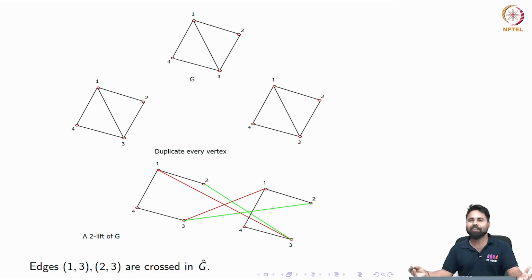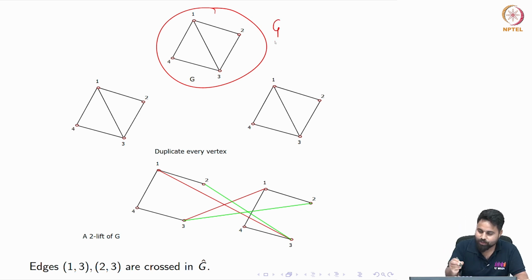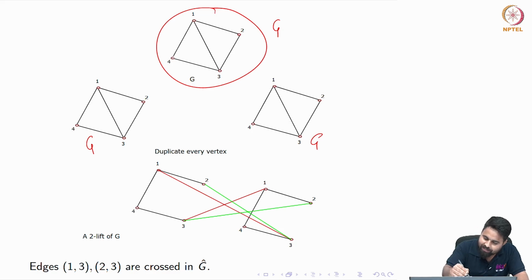So, two lift of a graph. Let us see what a two lift of a graph is. The first thing is to place two copies of the graph. Suppose this graph is G, so I have placed two copies, G and G, maybe you can call them G1 and G2. This is essentially the same thing. Now for each edge of this graph,